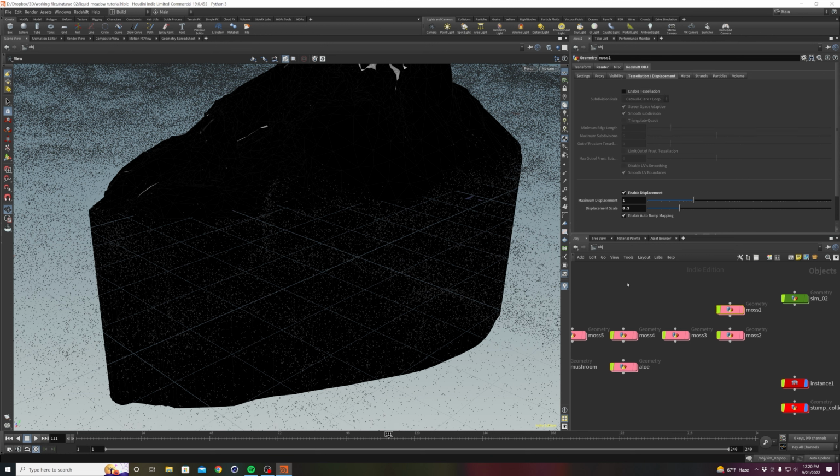But I did notice a difference with displacement a little bit. It just kind of warps the shape of the moss pieces a little bit, because otherwise it's just a flat plane, and I want it to be a little bit more than that. So put the displacement on the ones that you want it. Otherwise, leave it off. It's up to you. Okay, so then back in our sim here,